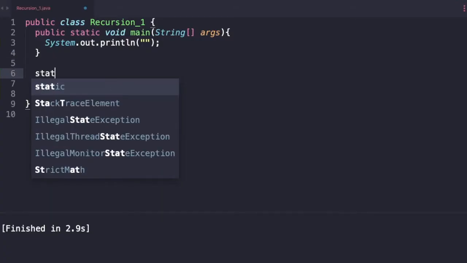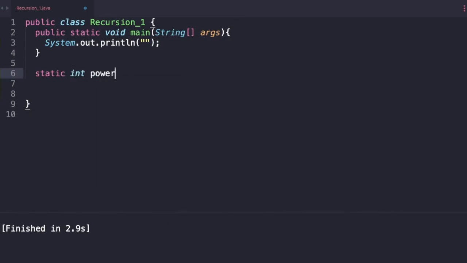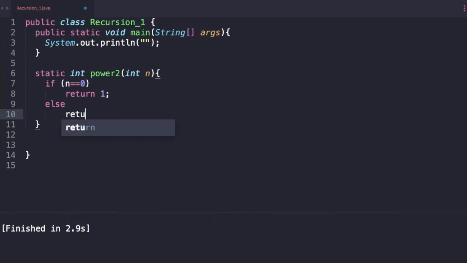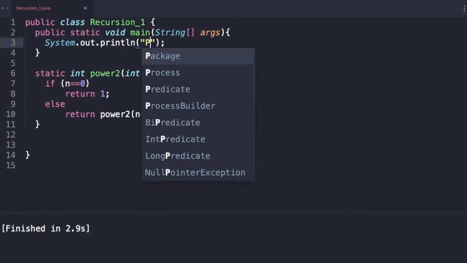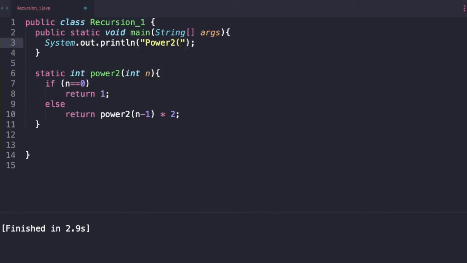So let's define this function static int power2. That's the name of our function. Let's use the same name that we gave there, and it takes a parameter n. Now what is our base condition? If n is equal to 0, what do we want to return? Return 1. Else return power2 of n minus 1 into 2. That was our generalization. And now we can say here power2 of, say, 5